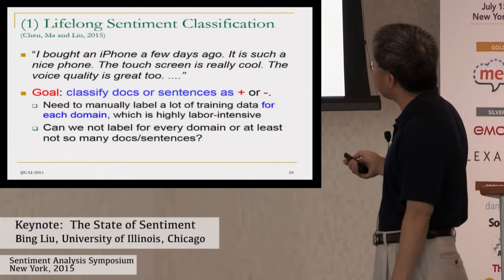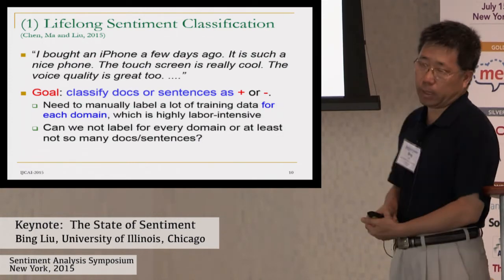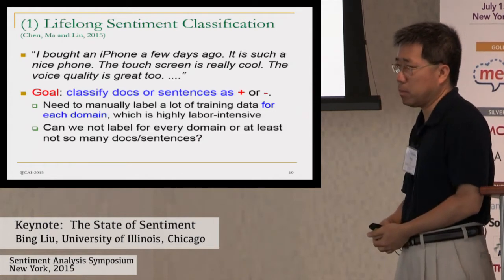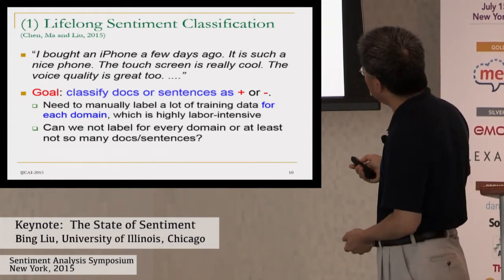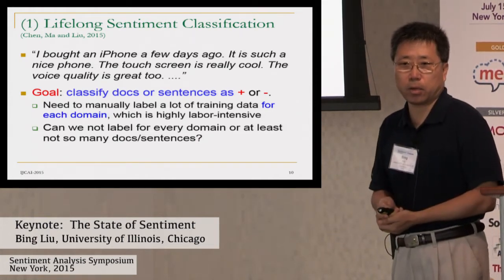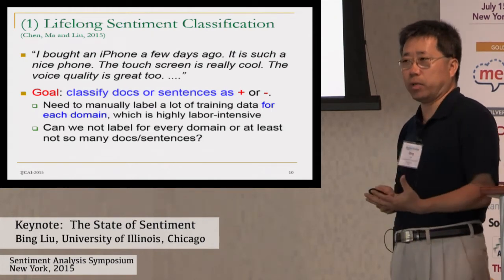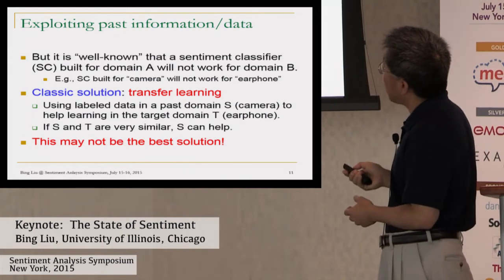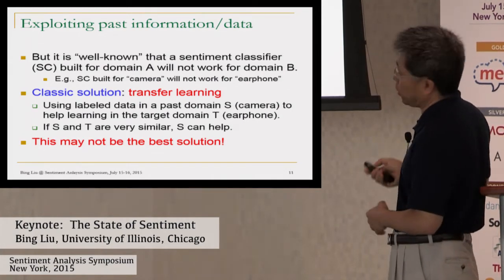Can we not label so much data? Can we just tell the system a little bit, not much? And can we do much better, even better than when you have training data? But the problem is, it's quite well known that when you build a training